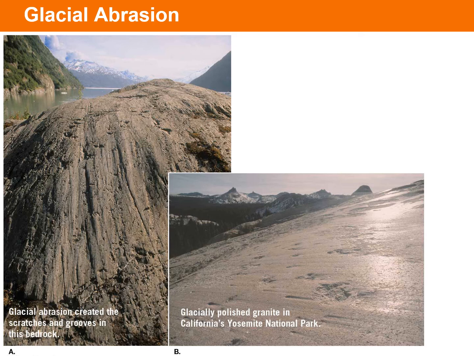These photos in this slide show some really good examples of glacial abrasion in the form of striations on the left. You can see you have this bedrock, and you have scratches and grooves in the bedrock that run parallel to one another in that photo. And then on the right, you can see in Yosemite National Park that a glacier polished the granite and ground it to an extremely smooth surface in this case. And you might find some striations here as well.